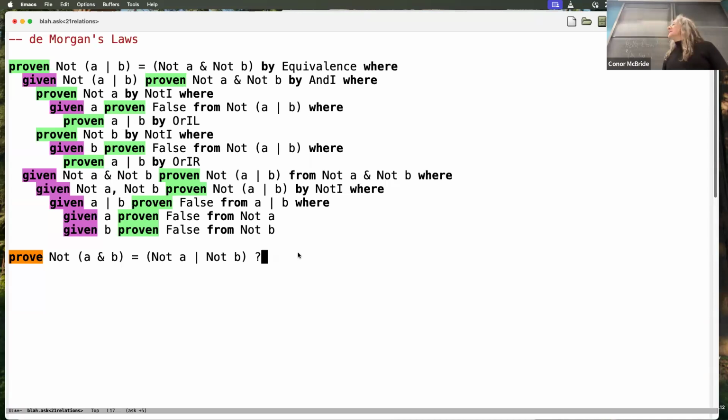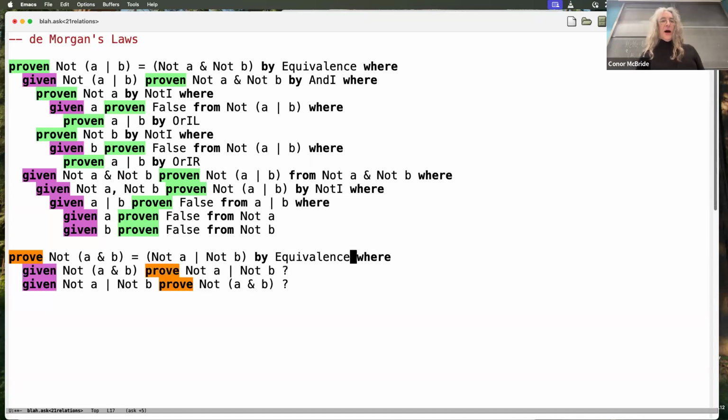Because on one side, we just know that they aren't both true. But is that enough information to tell us which is false? We kind of, in principle, know one of them's got to be, but in practice, can we figure out how? You should guess what's going to come up on this one. Anyway, same deal, by equivalence.